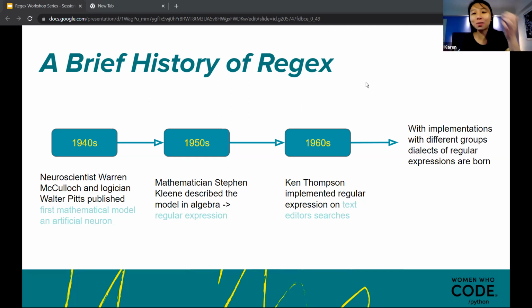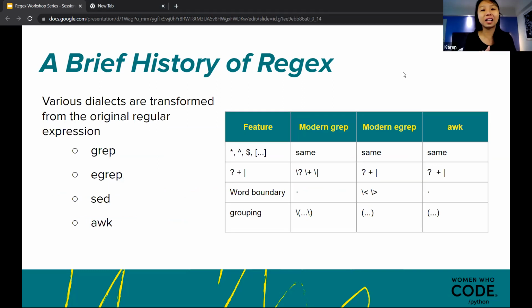So regular expression is actually like SQL. If you know SQL, it looks like the same language, but there are tons and tons of dialects. These dialects are actually more frequent than you think. If you're doing programming, if you want to search a file, anything with text searches, even when you open a file explorer to search, it has to do with regular expression. It is based on regular expression.